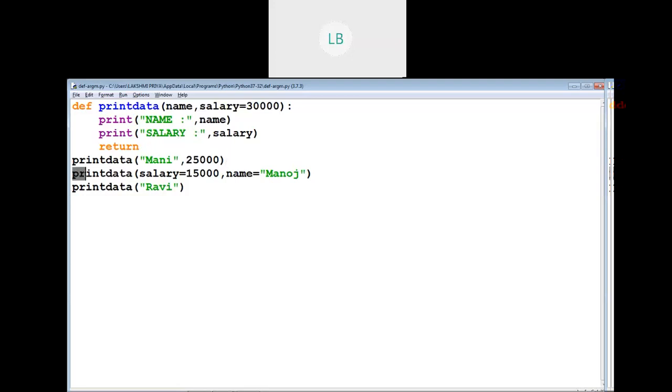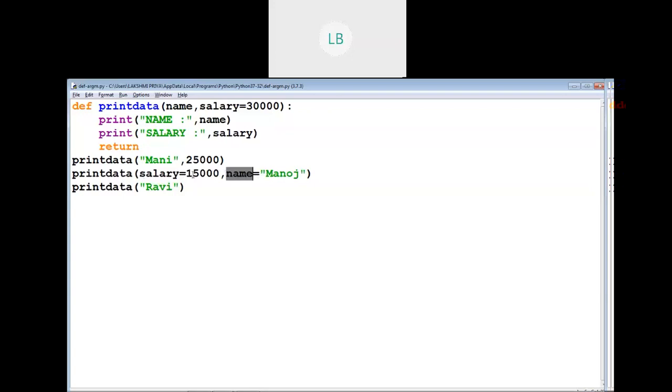The second function call statement, we are passing the value argument 15,000 by using the name of the parameter. So this is an example for keyword arguments. Here we are passing the name Manoj by using the parameter name.